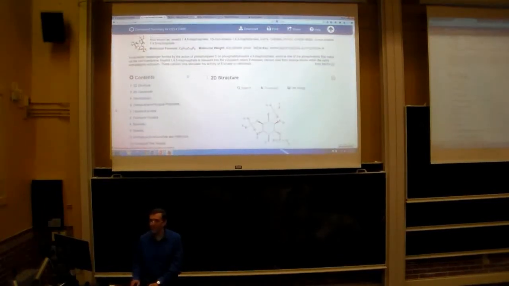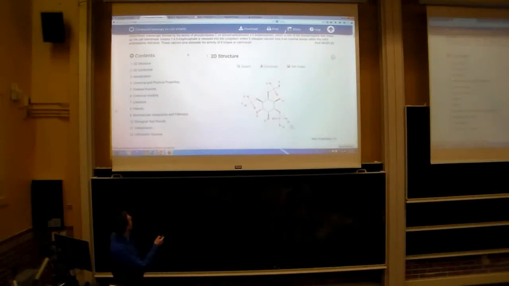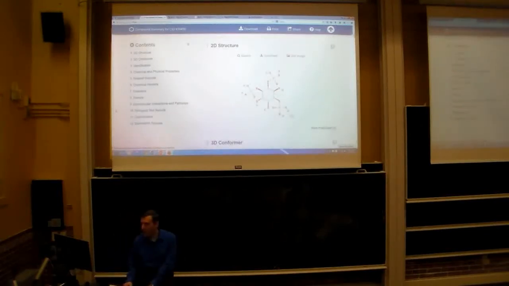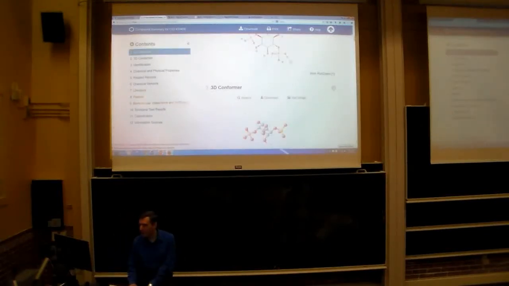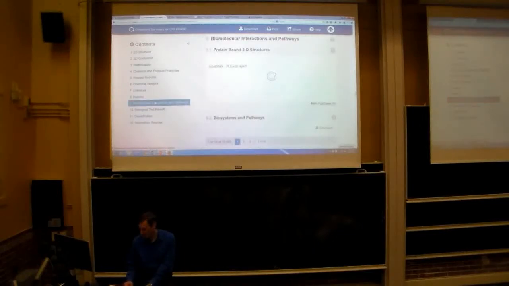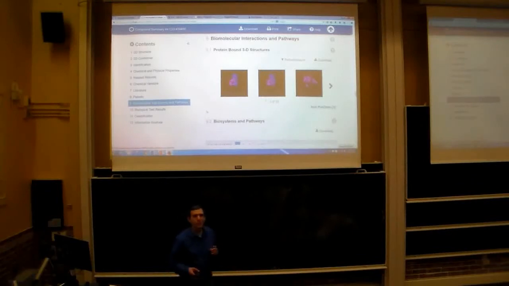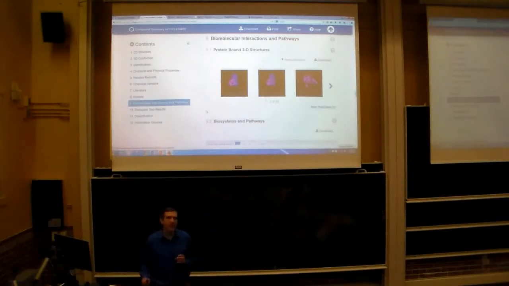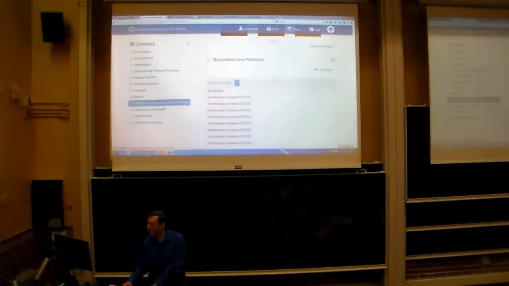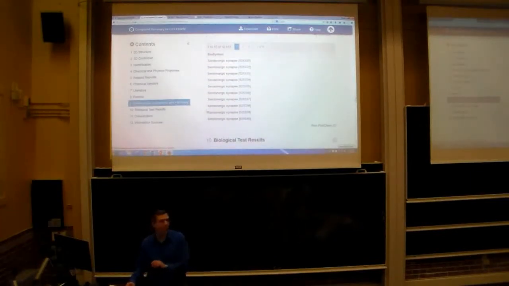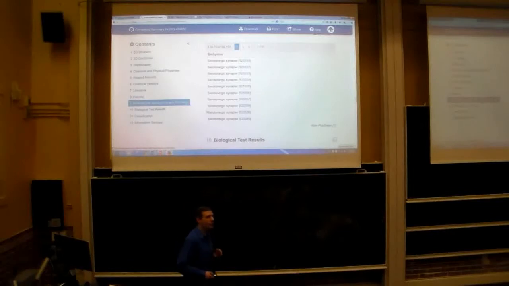So we could learn in particular what this small molecule is. We could learn about all of the pathways and interactions associated with that small molecule, what structures are known that we might use if we were trying to do homology modeling, to maybe come up with a drug that would block binding of this molecule to whatever proteins bind to it, what systems and pathways are associated with it, and so forth. So a lot more information than I can go through today,